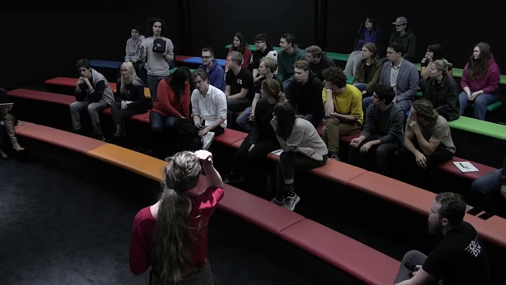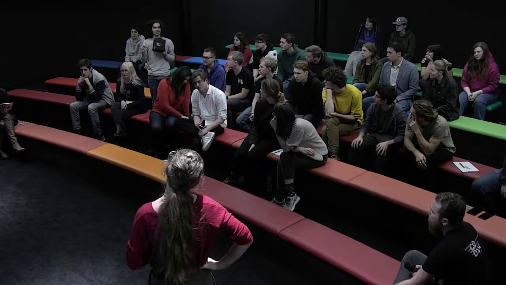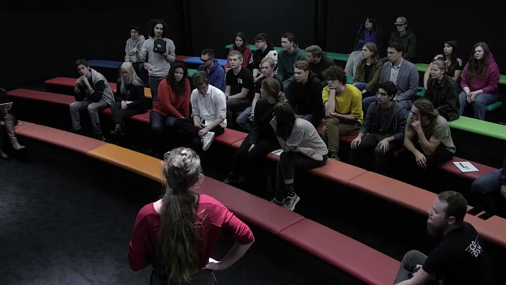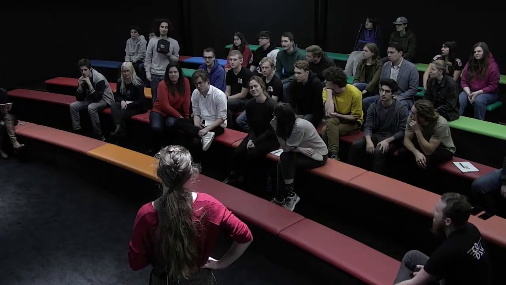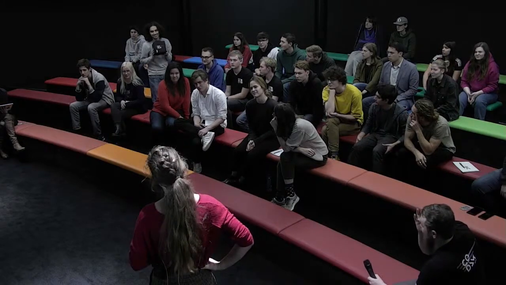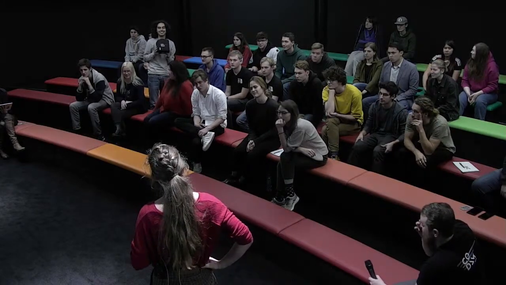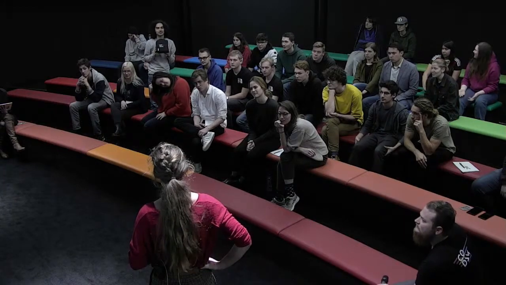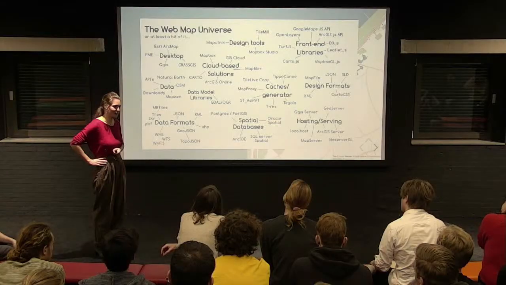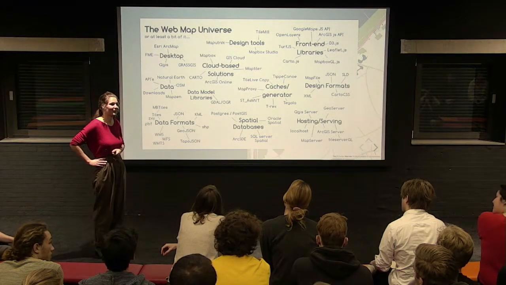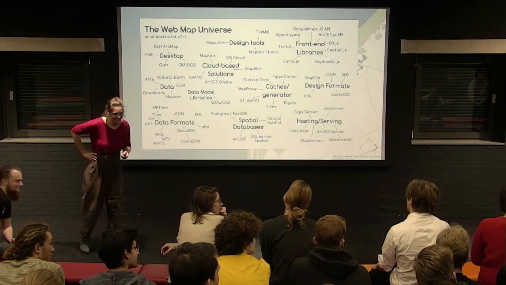A quick second question. One of the example maps you showed, was that by any chance a map showing how old buildings are in the Netherlands? No, they were colored on height. Okay. Otherwise I would have seen that map on Hacker News, but oh well. Yeah, I know which map you mean, that's the buildings map from the Waag, made by Bert Spaan. And actually, that was the reason I wanted to do my internship at the Waag, and I also did my internship with Bert Spaan, so I learned from him. Yeah, cool. Thanks.